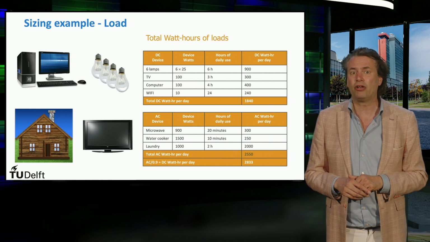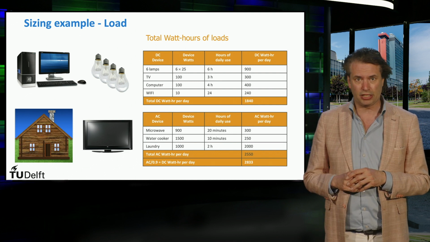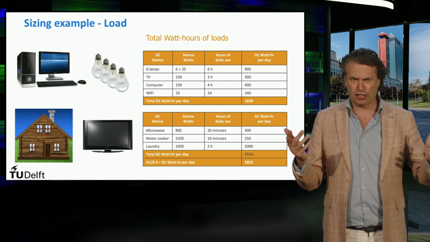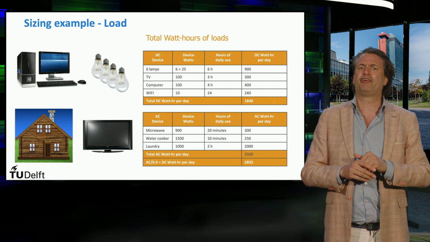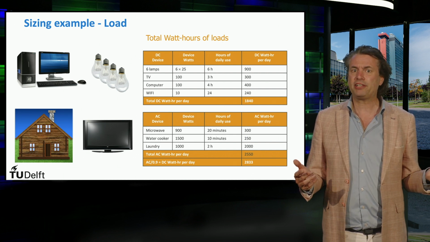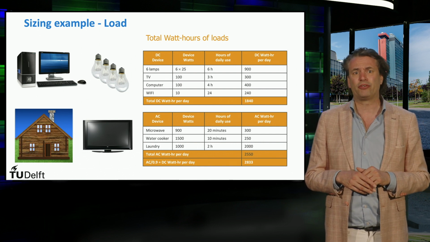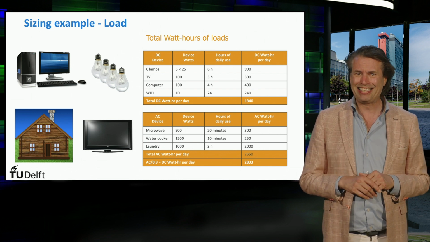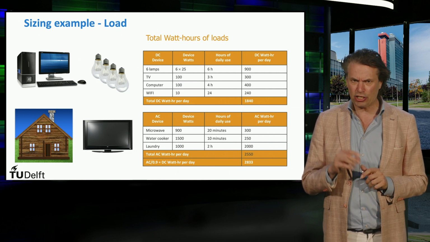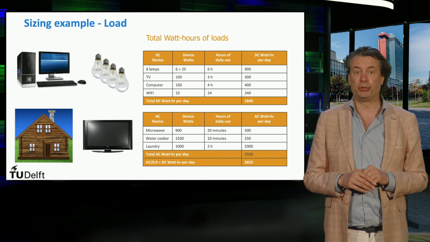In the case of AC loads, there is an additional step necessary to convert the AC energy in terms of its equivalent DC energy. This is done by dividing the AC energy usage by the conversion efficiency of the inverter. In this simplified design, we assume this conversion efficiency to be a constant value of 90% for a good inverter. We need around 2550 watt hours divided by 90%, which is 2833 watt hours of equivalent DC electrical energy. This makes the DC electrical needs equal to 4673 watt hours per day.